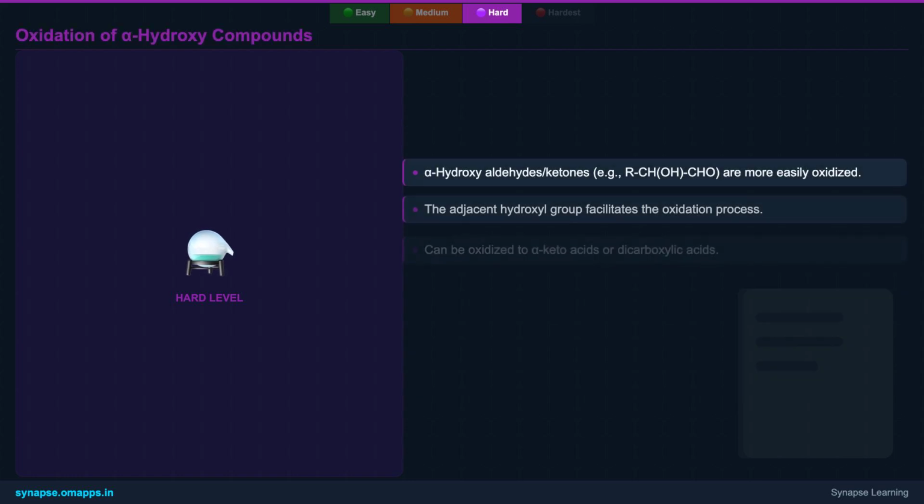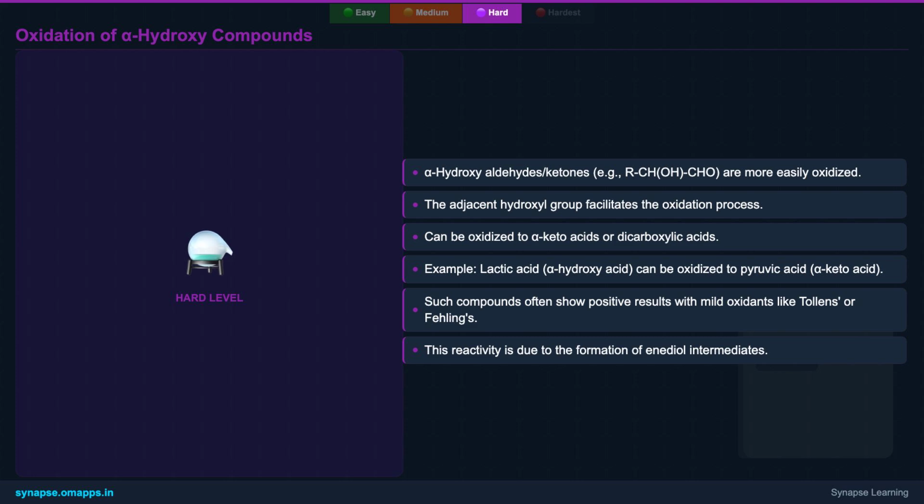Connecting theory, alpha-hydroxyketones and aldehydes, which have an OH group next to the carbonyl, are surprisingly easier to oxidize. This is because the hydroxyl group can assist in the oxidation process, often leading to alpha-keto acids or even dicarboxylic acids. Understanding these nuances helps us predict reactivity and design synthetic routes more effectively, especially in competitive exams like JEE